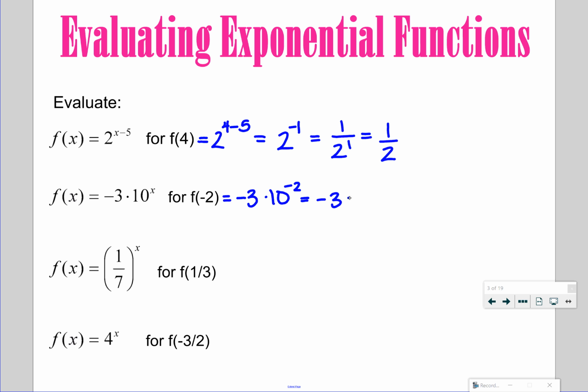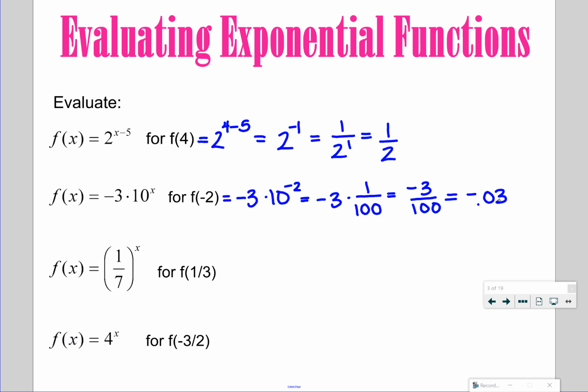10 to the -2nd, again, I want to write that with a positive exponent. So I'm going to make it 1 over 10 squared, or 100. I can just simplify that. And then if I multiply these together, I'll have negative 3 over 100. Again, if you typed this in your calculator, the calculator would give you the decimal equivalent of this, which would